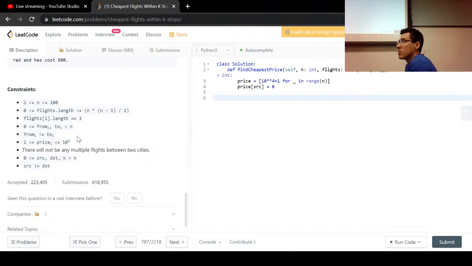Yeah. But you need to specify how many stops in between. Yeah, exactly. Exactly. So before I go further,